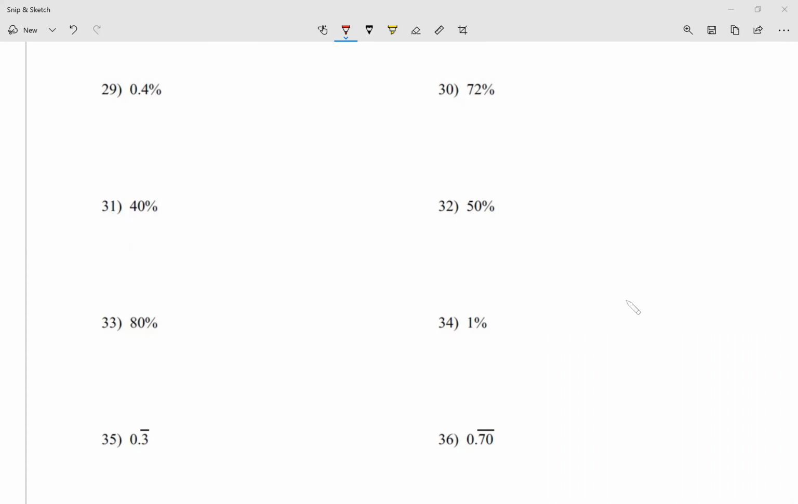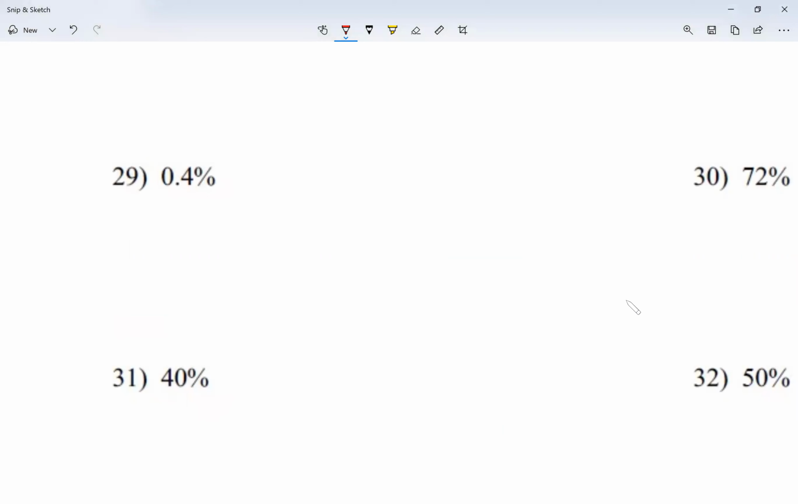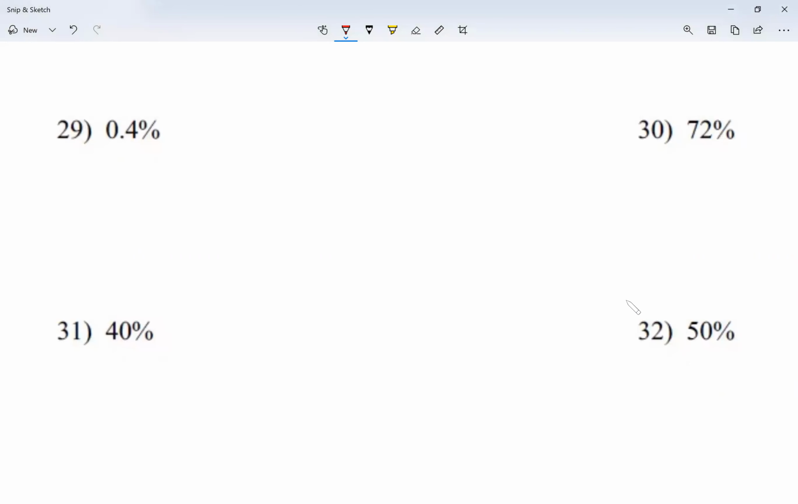All right, so for today, we're going to start from a percent. So we're going to start from a percent to a fraction. I'm going to be working questions 29 through 34. So looking at number 29, right? We start with the